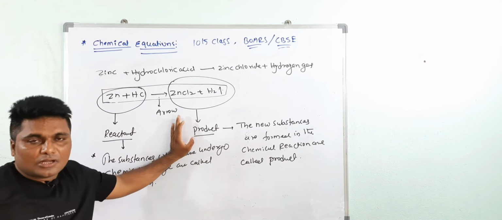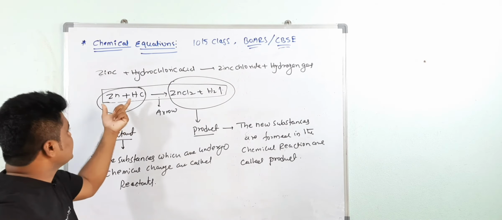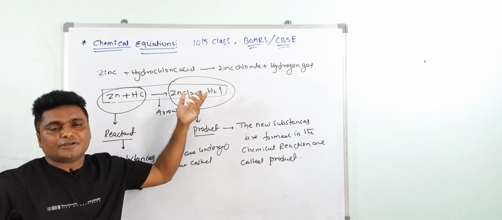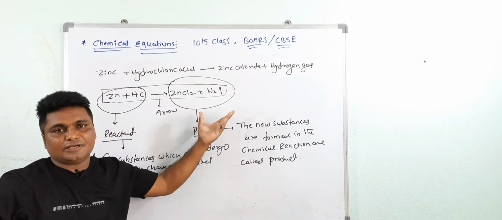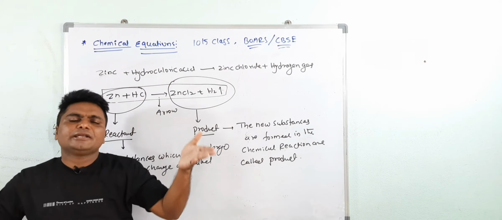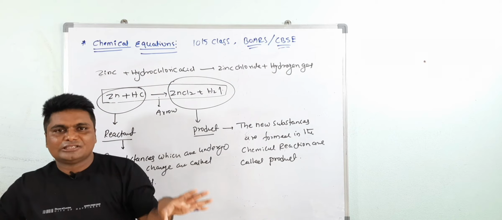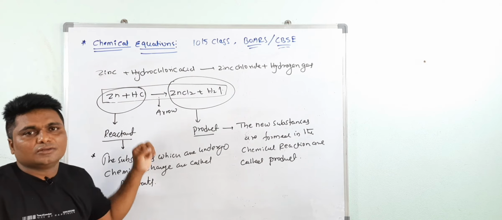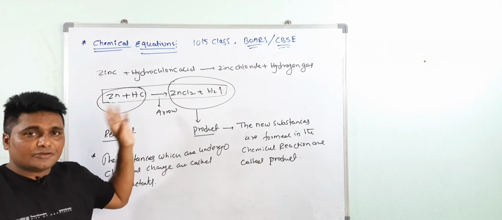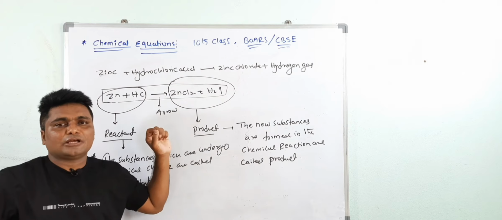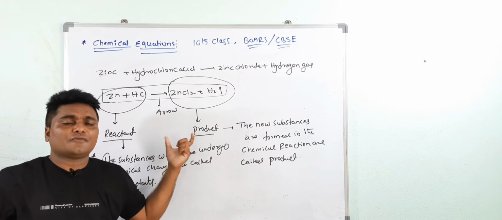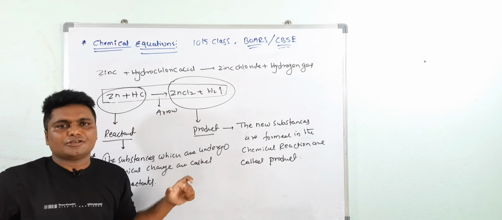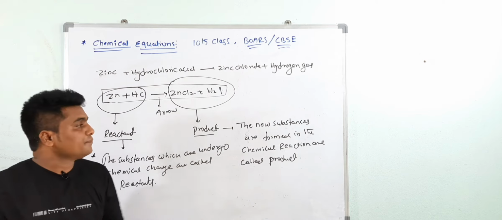Okay, now I will explain how to write the chemical formula. Still some students do not know how to write the formula of zinc chloride, sodium sulfate, sodium phosphate, ferric sulfate, because you might have studied in 9th standard. I think you forgot all the things. So meanwhile I will explain how to write the chemical formula based on valency. After that we will see the balancing of chemical equations: what is a balanced chemical equation, an unbalanced chemical equation, then the law of conservation of mass. Okay, write down.